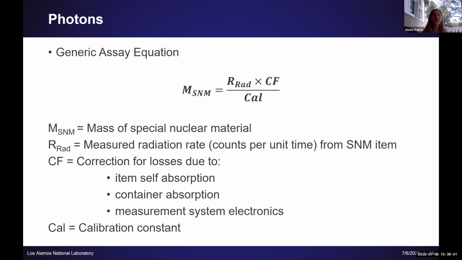Additionally, a lot of these materials might be contained in some sort of stainless steel or lead or tungsten container. In that case, you're also going to have absorption within the walls of the container holding your material. These have to be accounted for because they're going to reduce your detection rate. And then finally, there may be some calibration constant that you're correcting for to determine your special nuclear material. That calibration constant will usually be determined by using a variety of samples that are all similar in size and type to whatever it is you're measuring.